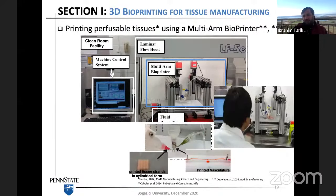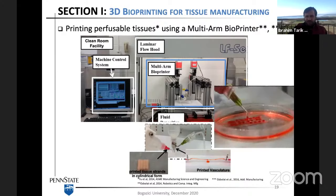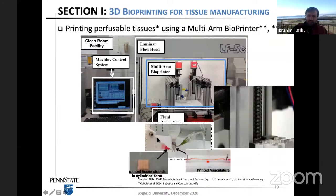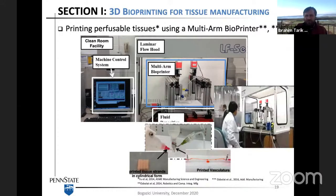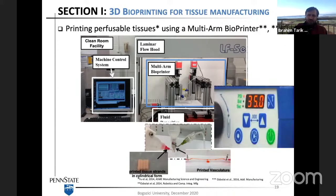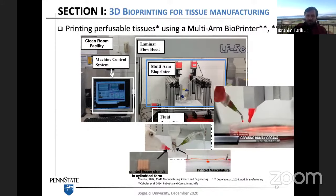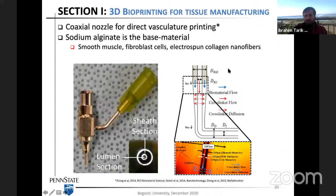So by using these tissue strands, we also showed some other interesting concept in the past where we wanted to 3D print the tissue strands with the vasculature. The vasculature is essential for fabrication of scalable organs. So in this regard, we use a multi-arm bioprinter that we developed back at the University of Iowa. Using this hybrid approach, we demonstrated that we could make perfusable tissues, but I just want to give a